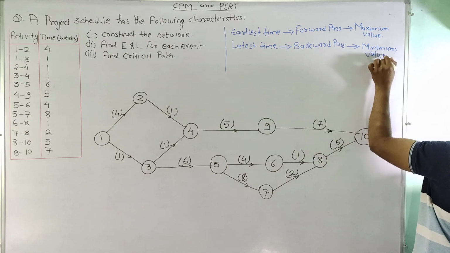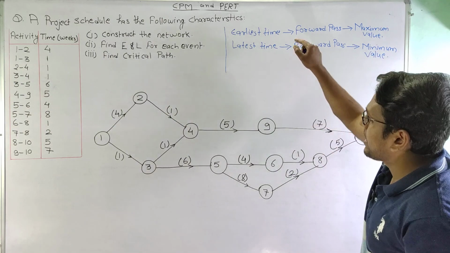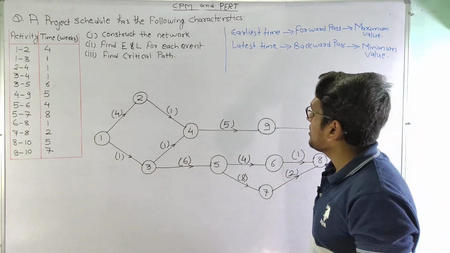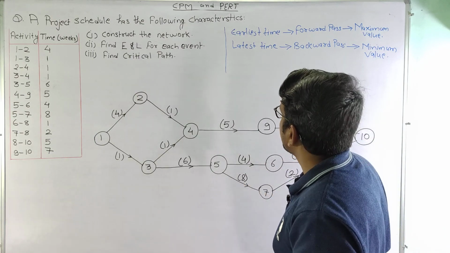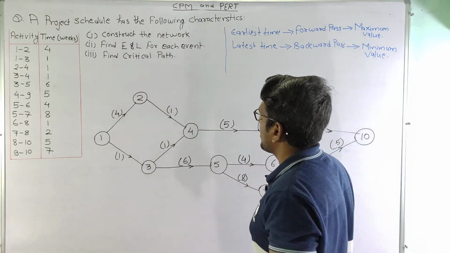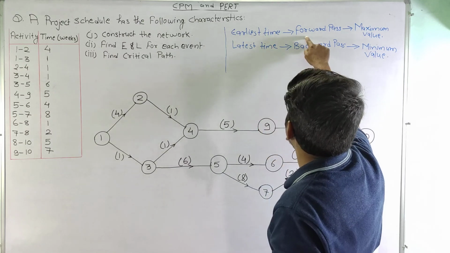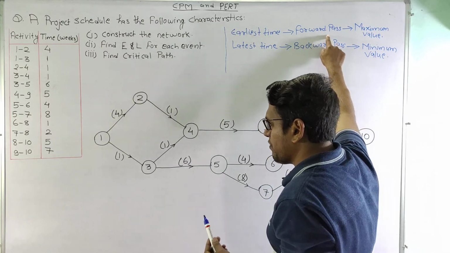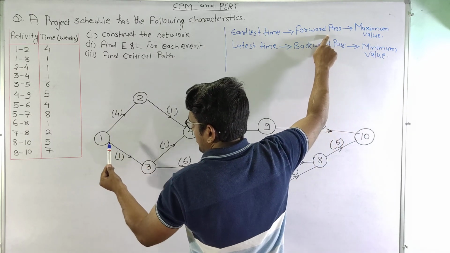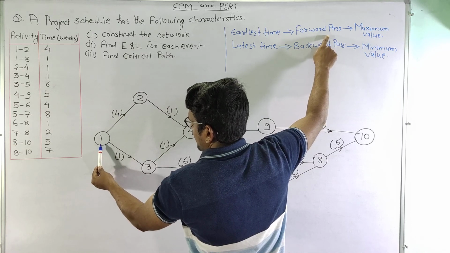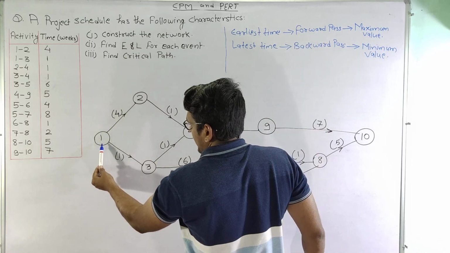So we need to remember this to calculate the earliest and latest time. First we will calculate the earliest time. The earliest time is calculated by the forward pass method. In the forward pass method we will start calculating the time from the first node, or we can say the starting node,